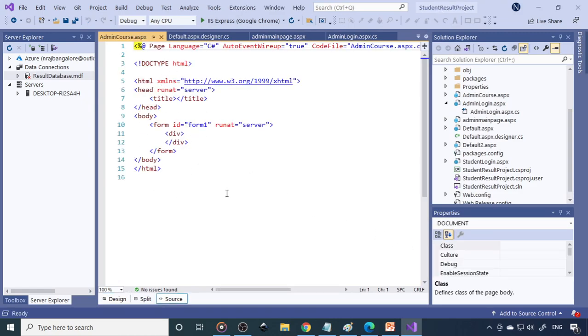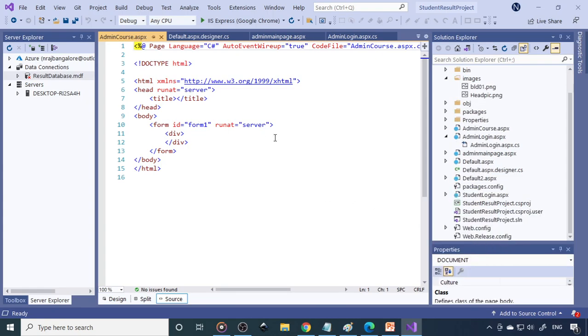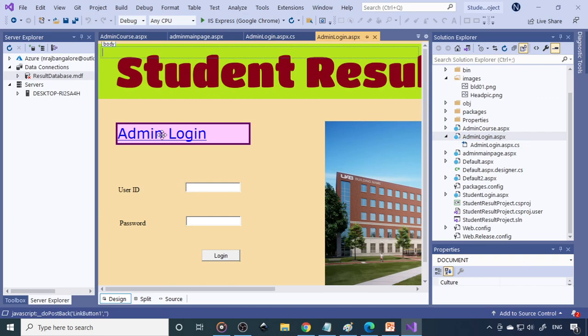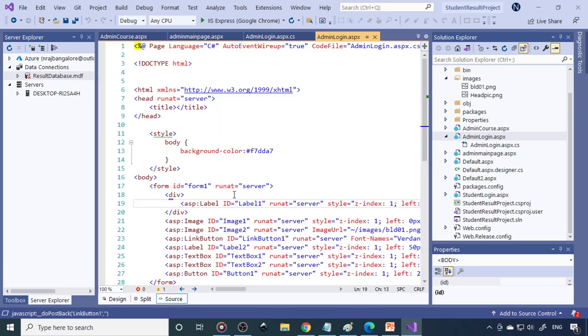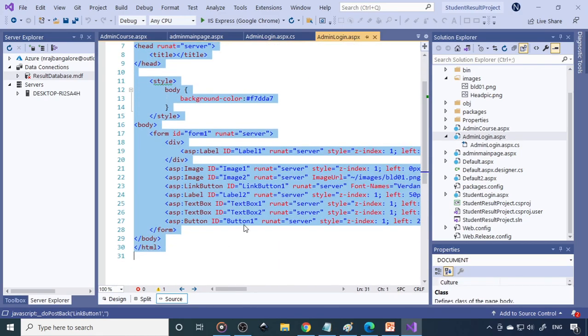Now here is the page. For that you require two text boxes, a button and a heading. It almost matches with this one. You can see that there is a heading, two text boxes and a button here. I think this will do the job. Therefore I'll go to source. Instead of redesigning the whole page ourselves, whatever is already done, we copy from here. We copy the HTML source.